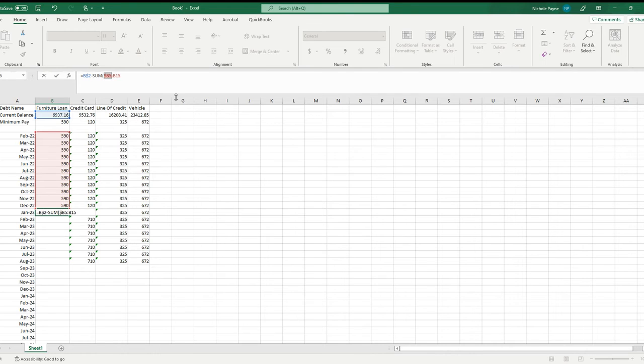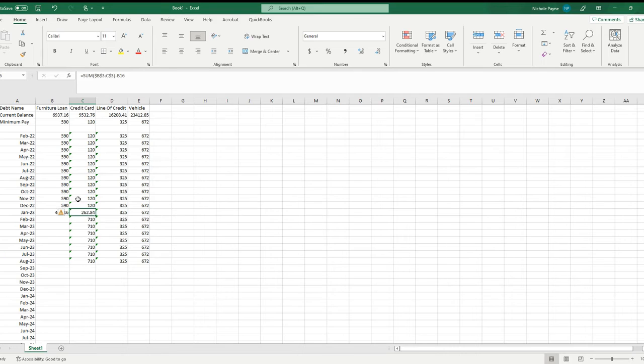And I'm going to turn this into static. I want the... and that's it. So now you see that in theory, they're going to pay less than the $590 on this